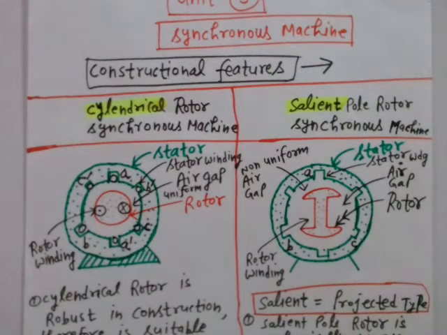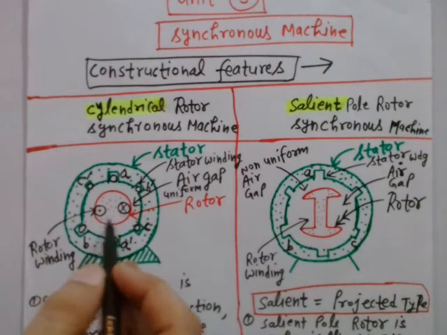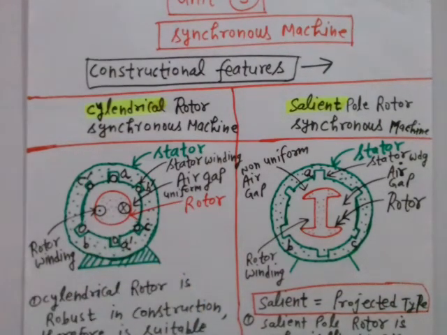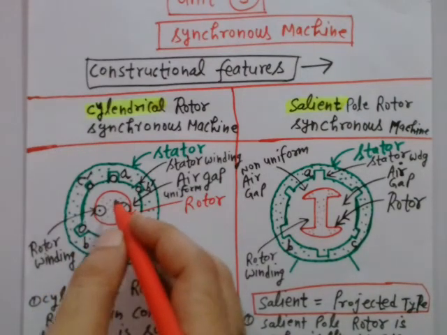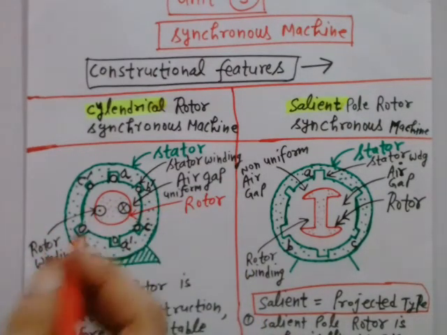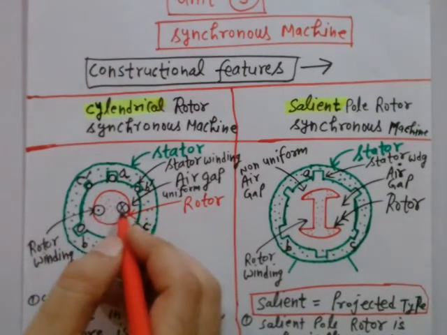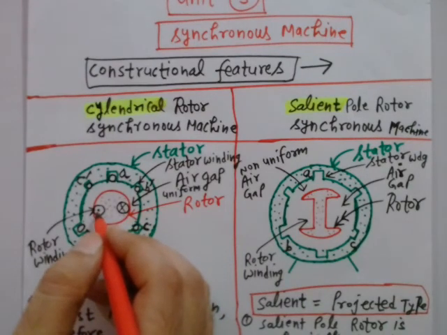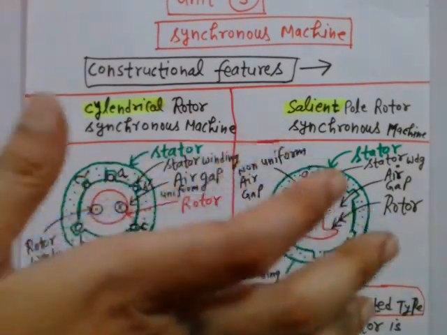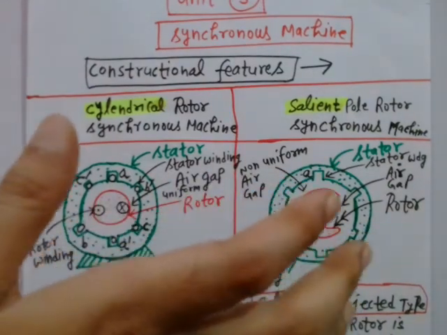Now, this is your rotor. When DC is given to the rotor, it acts like a bar magnet, and a pole will be established on the rotor. This pole will be stationary. It is a fixed pole on the rotor because DC excitation is given. So suppose you have given this kind of windings. Here it is cross, and here it is dot. So when you apply the right hand thumb rule on this cross and dot,